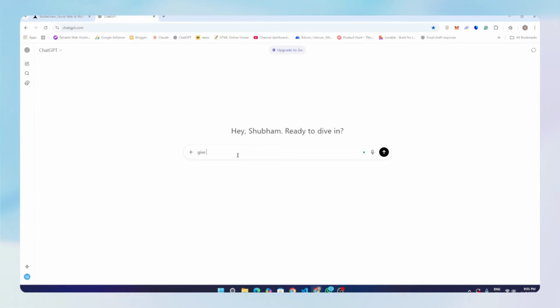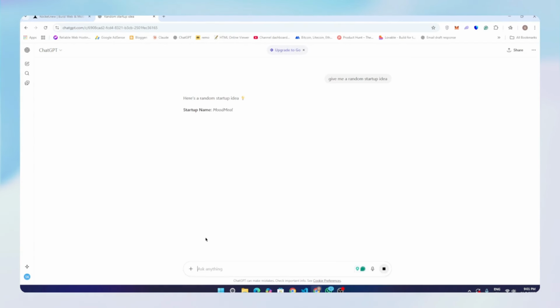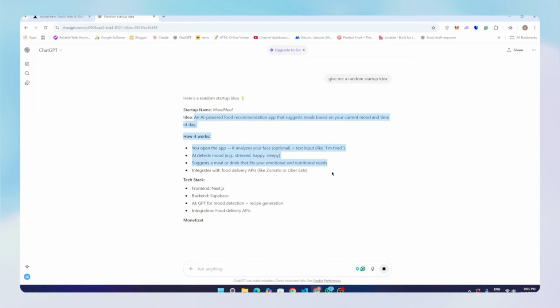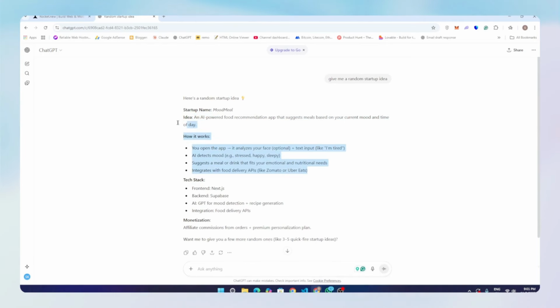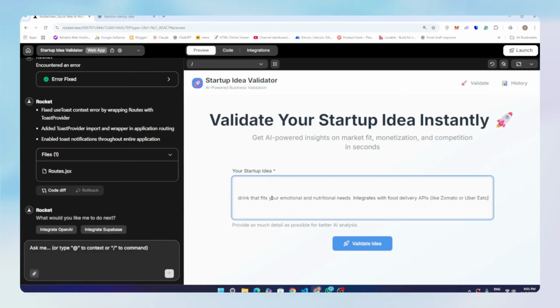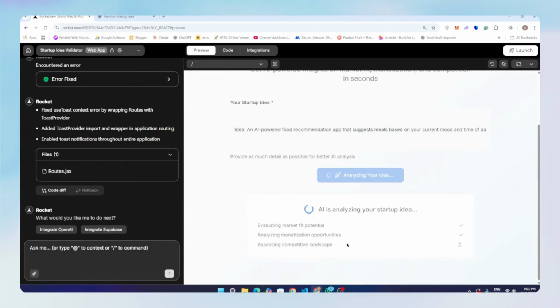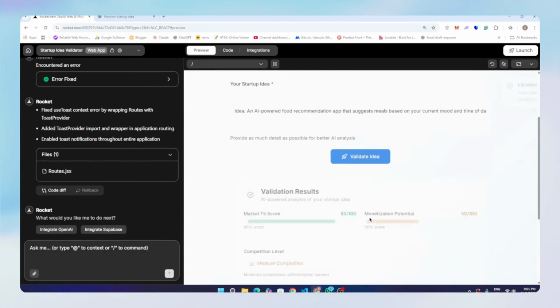First I will go to ChatGPT and ask it to give me a random startup idea. Once ChatGPT gives the idea, we can just copy and test it inside our validator app to see how it performs. So you can see it gives us a random idea from here. We can just copy this. We don't need to copy the whole thing, just the main idea part. And now let's paste it here and we will click on analyze your idea,